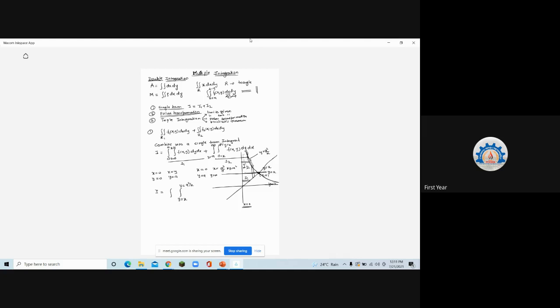And when I move this vertical strip from the y-axis to this curve, what are the limits of x? Outer limits. If I move this vertical strip horizontally, what will be the limits of x? What's the minimum value of x? 0. What's the maximum value of x? Is it going to infinity? Is this clear?